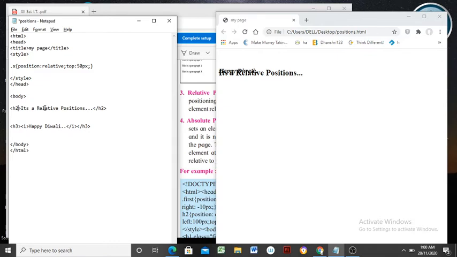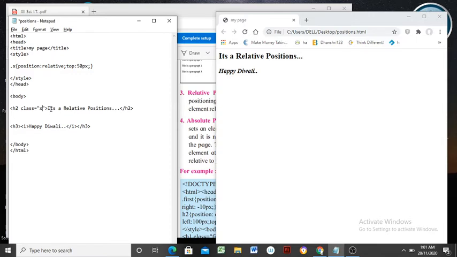Normally how it is applicable, see here, the document is saved again. See here, it's a relative position as an effect of heading level number 2. I am going to apply here a class equal to x. So this class x defines what? A relative position value, top 50 pixels. So from this window or this border, it will be placed by leaving a space of 50 pixels.